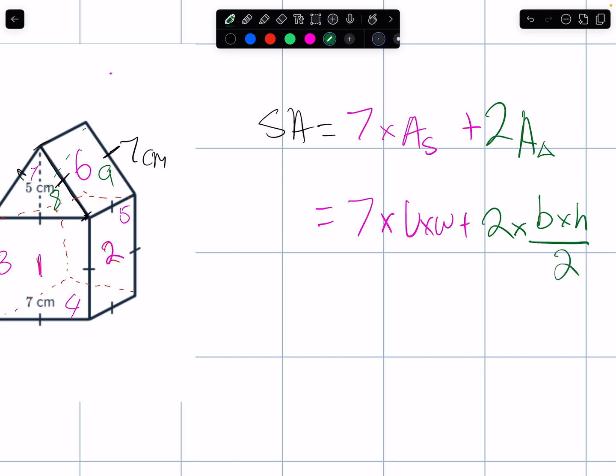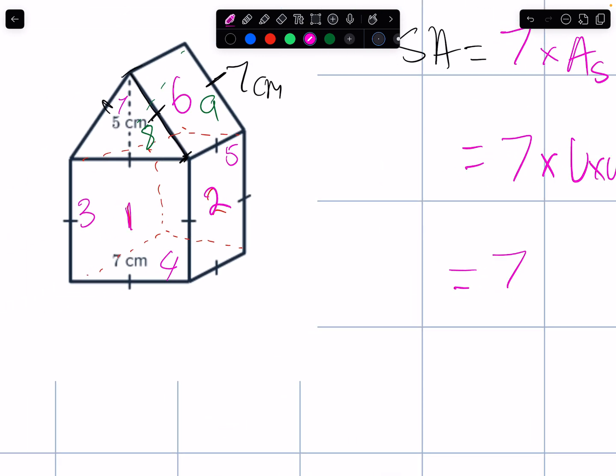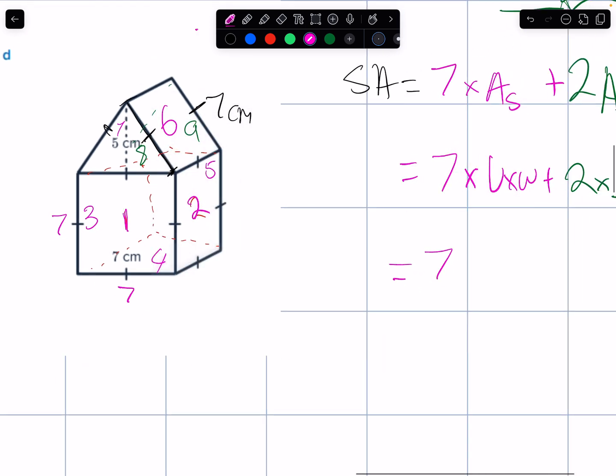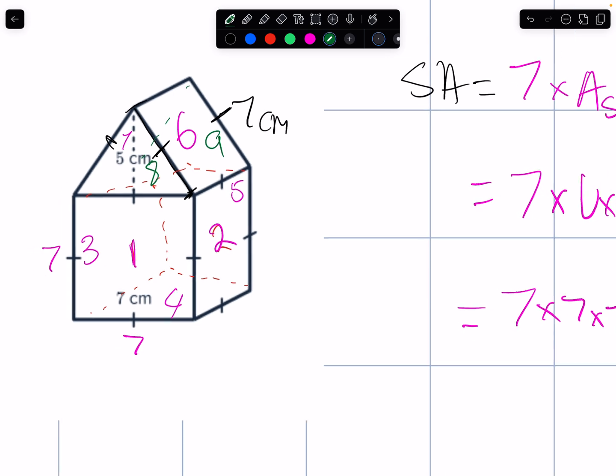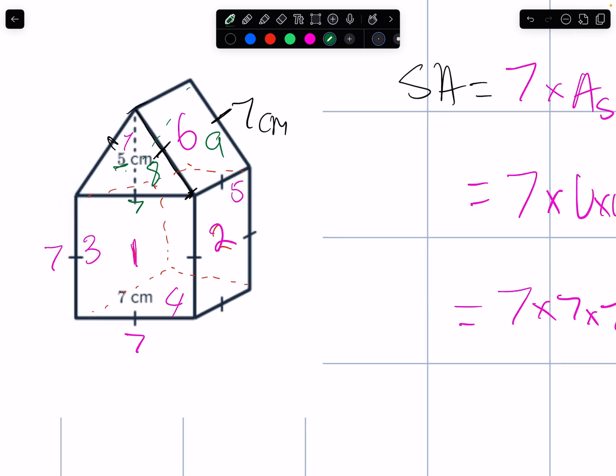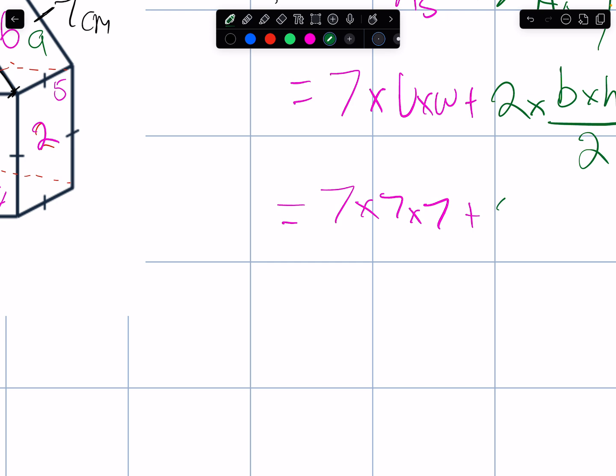Now, I did that there just for the sake of purposes, but this also is base times height times a half. These are the same thing. I just did it because I was running out of space. So it is equal to 7, and the length and width, it is a square, which is 7 by 7. So we have 7 times 7 times 7. Isn't that funny? Plus base times height. Now, our height of the triangle is 5. Our base is 7. Plus 2 times 5 times 7 over 2,